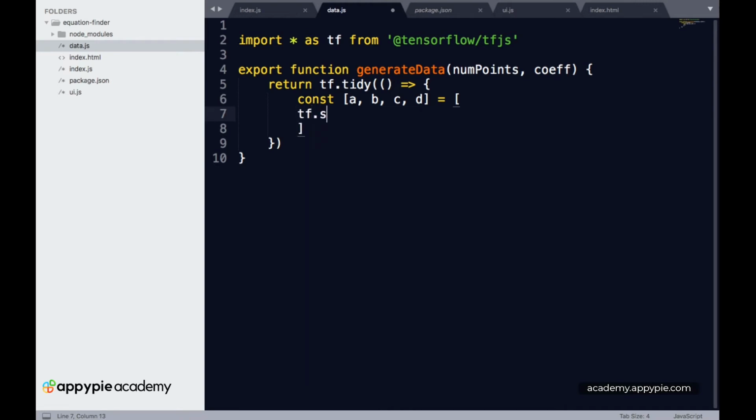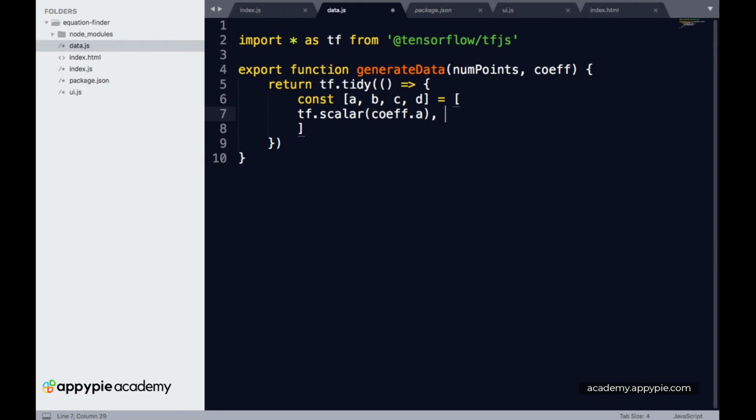We have tf.scalar, and then we refer to the value of a inside this coefficient variable, so it is coefficient.a. The reason we are converting this to a TensorFlow scalar is that later on we want to do a lot of operations on it.